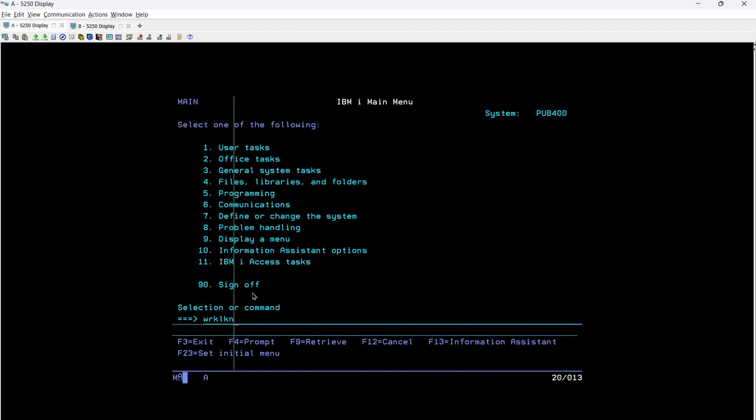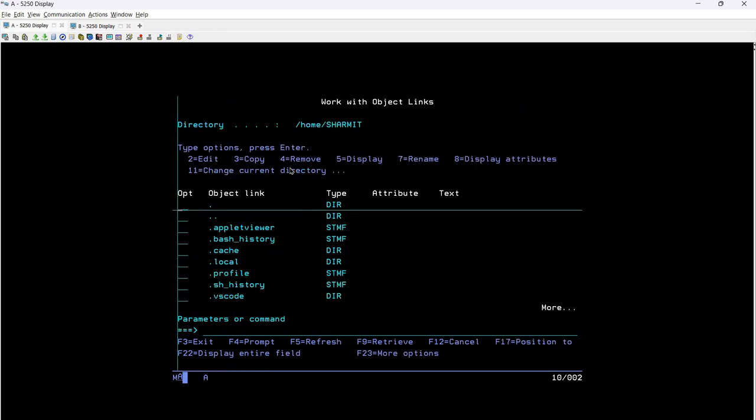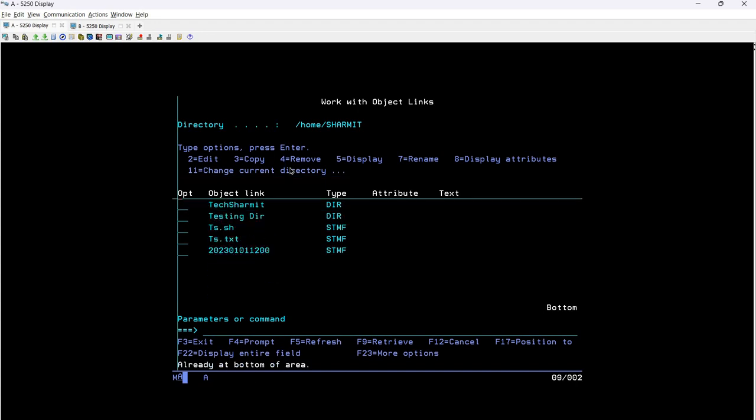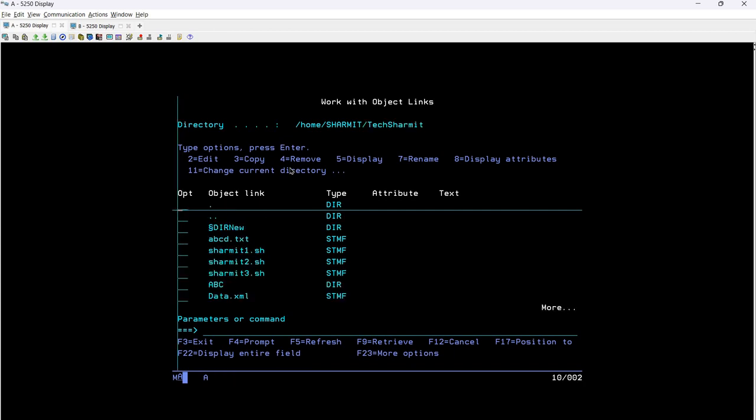Firstly, I will write here WRKLNK, which will open this Work with Object Links screen. From this screen, you can page down and you will find there are various files or directories already available. I'm going to take option 5 over here, on the directory. Now from here, I can pick any executable file, and you can pick any executable file from your system, but just make sure that the script file is in executable mode,